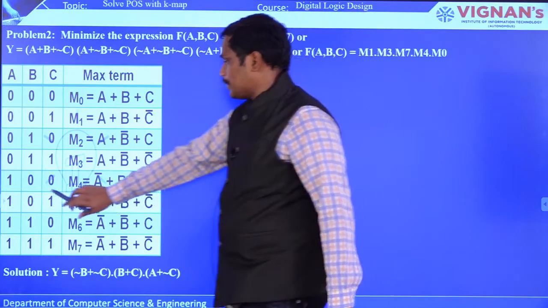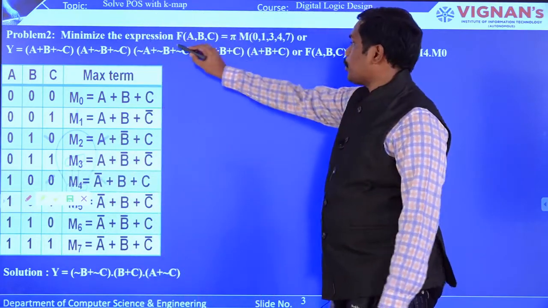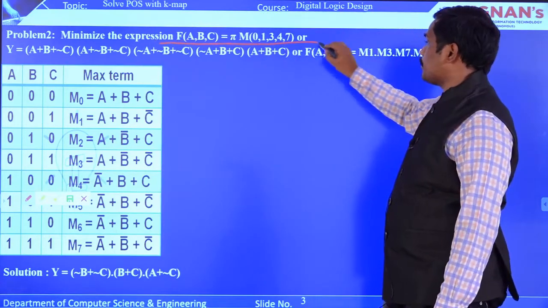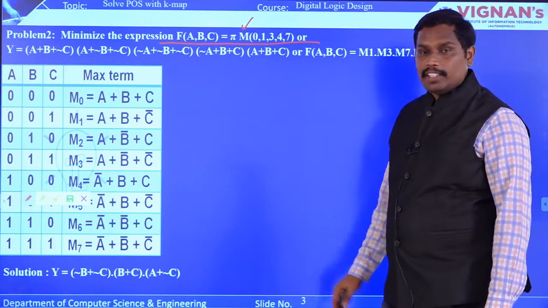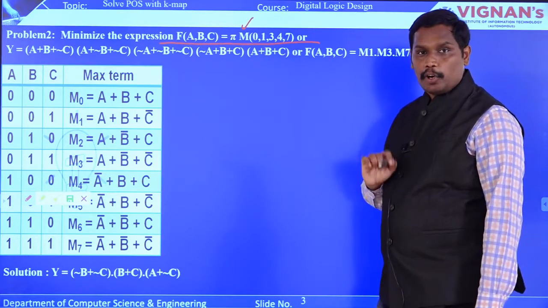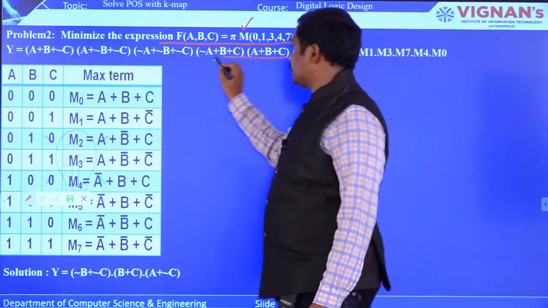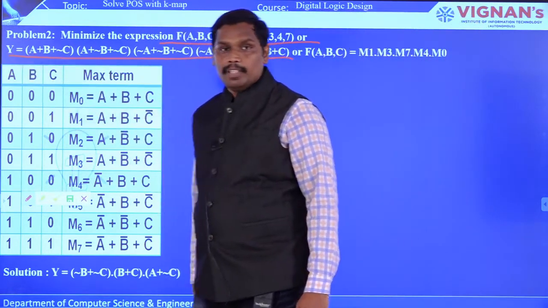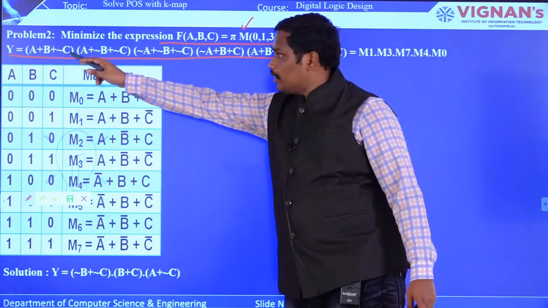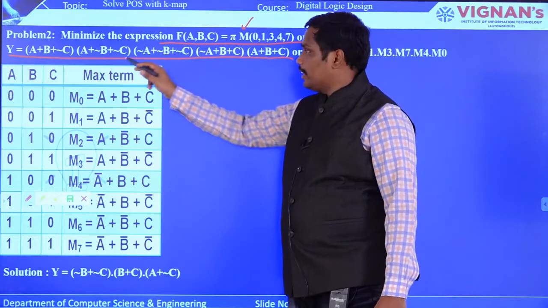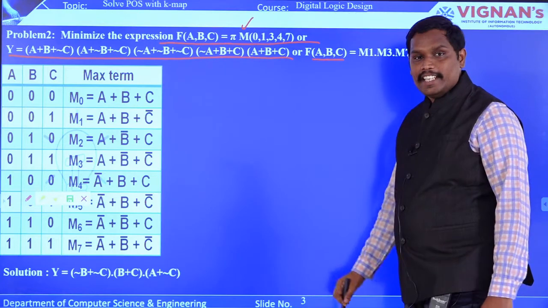So here the expression that they have given is in POS, right? That is product of sum, which is represented with capital M. Whenever capital M is given, that expression is product of sum. They have given the question in canonical or standard form, because you can see all the Boolean variables in every expression. So you can see that the variables are 3 in number, that is A, B and C.